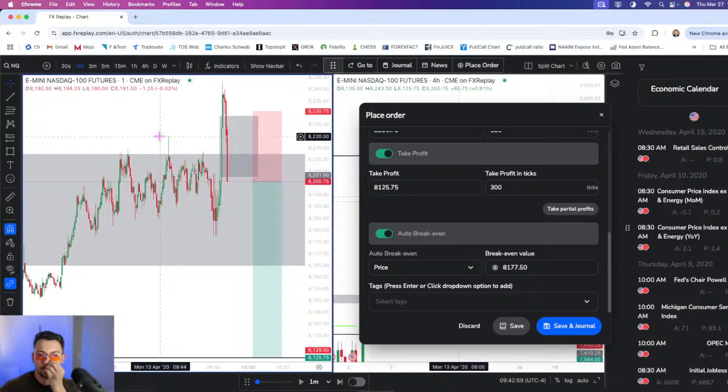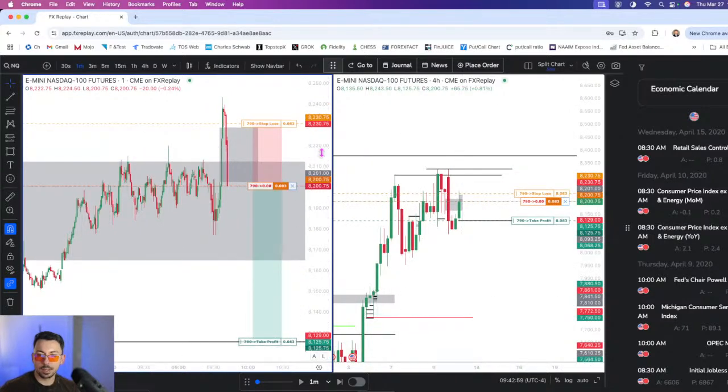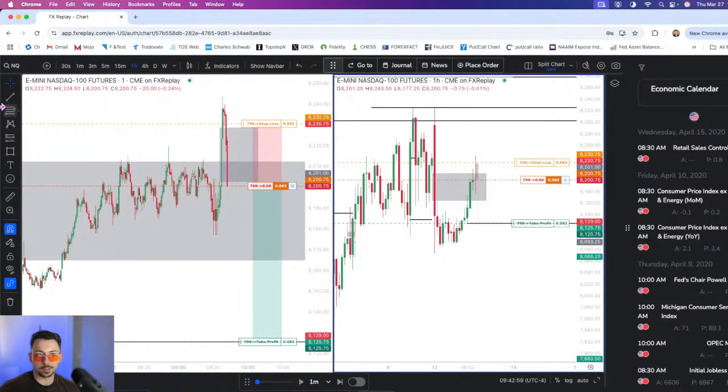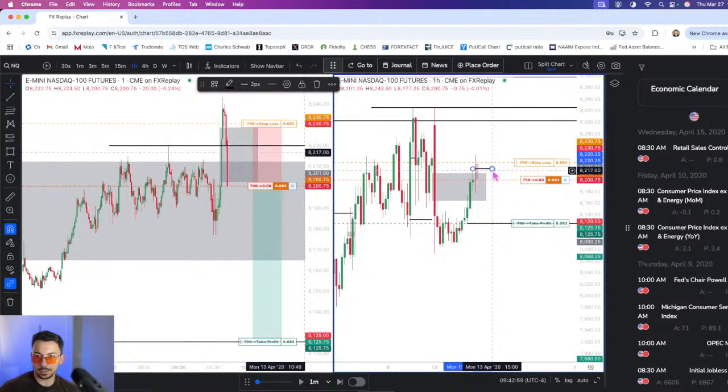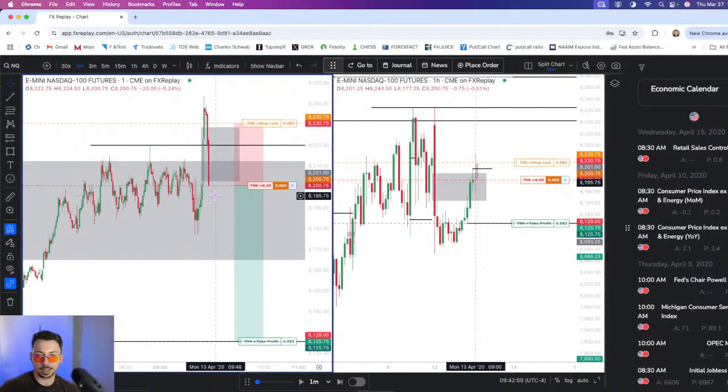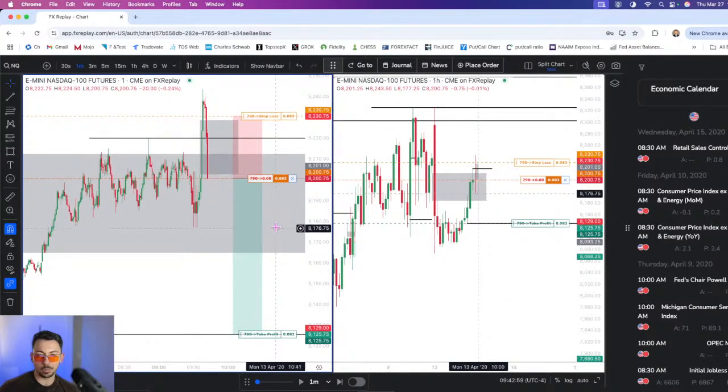So why do I like this setup? We have pretty much rebalanced this hourly fair value gap. And we swept this internal high. So there's an hourly high, and we're rejecting it really strongly. So to me, this looks like a very, very bearish V-shaped move. And we have a very obvious stop to break even, and they're triple equal lows. So I'm going to enter this short.